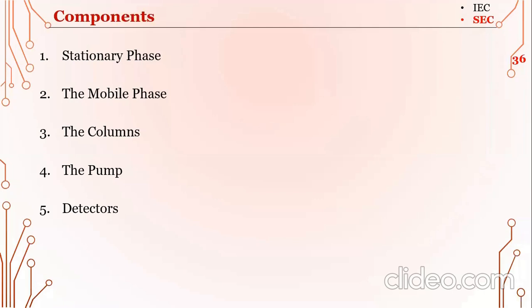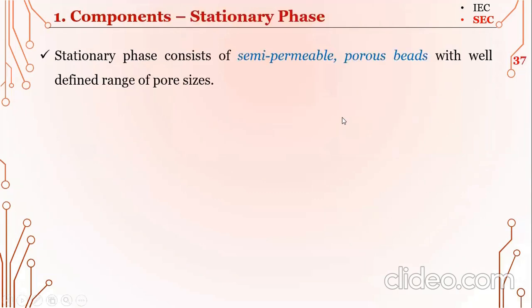So the first component that we have already talked about is the stationary phase, then the mobile phase, and then the upcoming ones are the columns, the pumps, and the detectors. So these are the components of chromatography. We have covered the stationary phase,